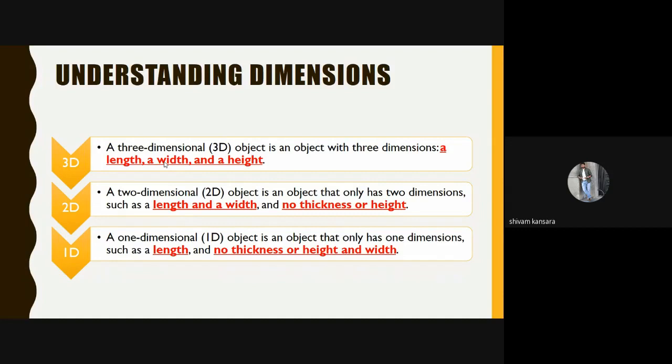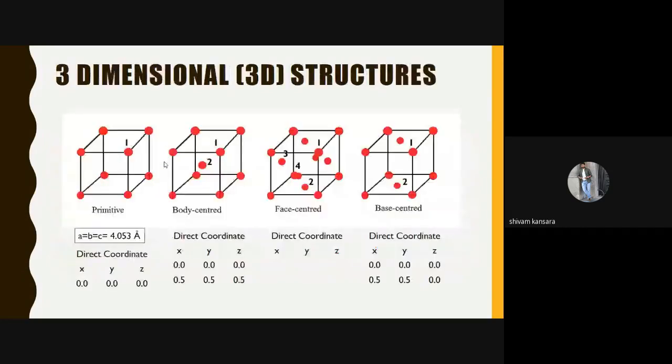It means for the periodic structure, if we extend the supercell or unit cell of that structure, the distance between two atomic layers is a minimum of 12 angstrom. And in a one-dimensional system, we take only one dimension, like length, no thickness and no height. So let's start with the three-dimensional structures. These are the simple basic structures: FCC, BCC, and simple cubic.